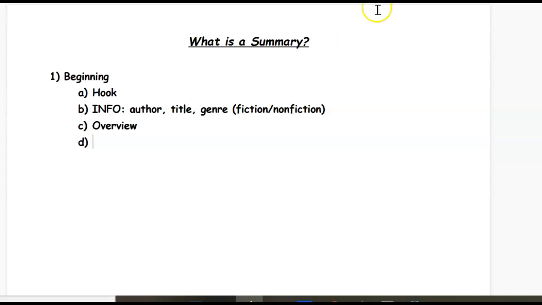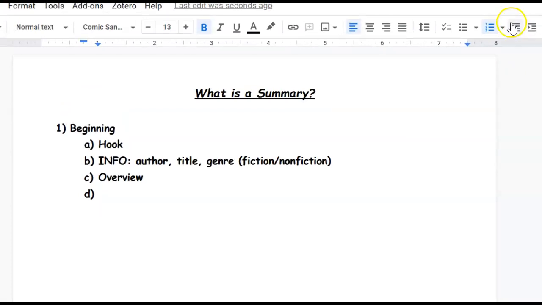I'm going to go up here and watch what I do to get over to the other side. I'm going to use this little decrease indent and see how it jumps to the number 2. Then the middle, that's the actual story part. I'm going to tab to jump back in. That's where we're going to put all of our information, our facts, our important details that we find. Okay, this is for our facts,